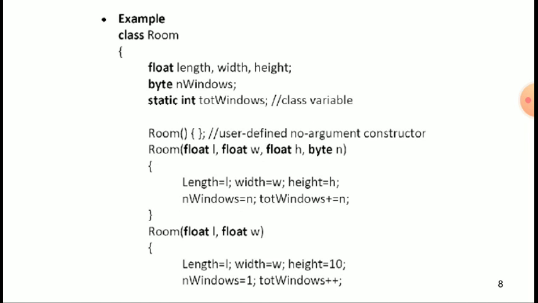Room, a user defined no-argument constructor. Room(float L, float W, float H, byte N) { length = L; width = W; height = H; numberOfWindows = N; totalWindows += N; } Room(float L, float W) { length = L; width = W; height = 10; numberOfWindows = 1; totalWindows++;